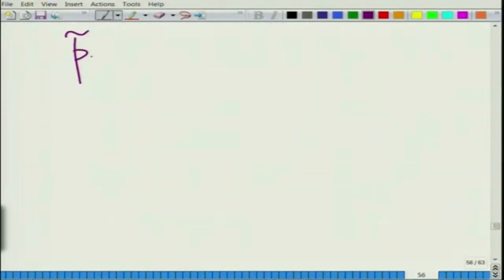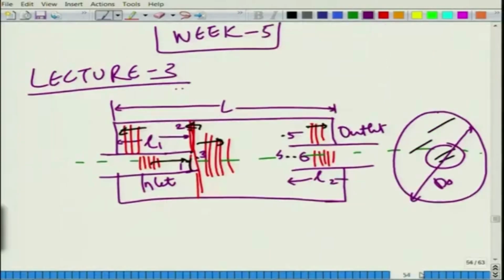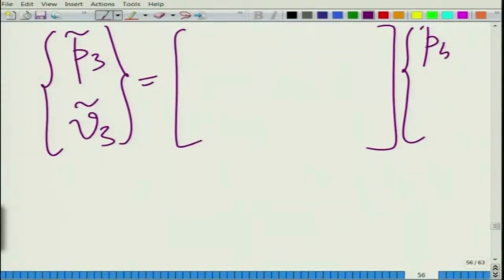Now we will invoke the transfer matrix relation between 2 points of a uniform pipe. So what is that? That is P3 and 4, I am sorry, not 6, 3 and 4. So if we go with P4 here and V4 is here, it is something like this. So this is equal to cos of